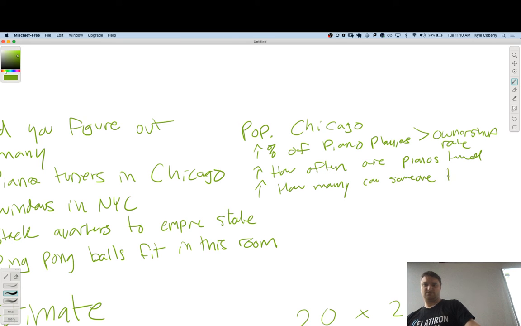Wouldn't you also need to know how long people have had their pianos, so if they are being tuned? Oh yeah, so like I own one, maybe I don't play it all that much. That kind of gets accounted for in how often a piano's tuned. So all this stuff together, you can make a pretty damn good estimate. I did this with 3 or 4 different cohorts. I had them in pairs figure it out, and then we averaged everybody's numbers together. Every single time we've done that, we've been within like a dozen of the actual number.